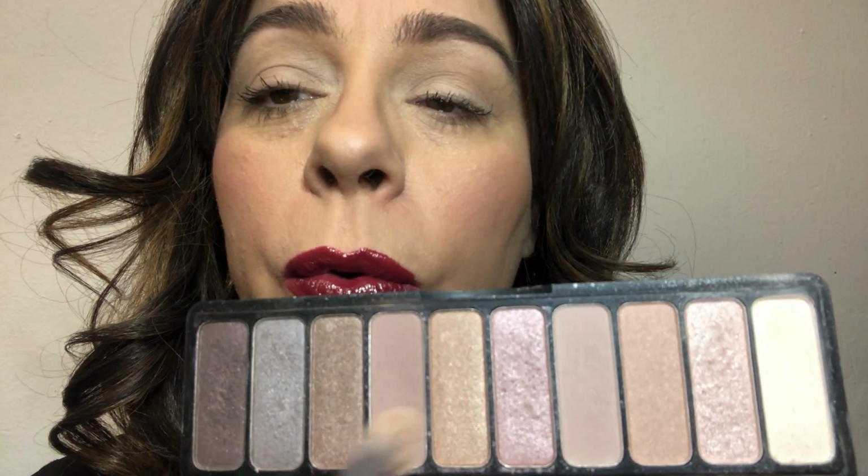That's the same color. Then in the crease, I'm going to take a transition color. I might use the same brush, get some of the powder off of it. Or I could use a different brush. This is just an angled tapered brush. I use this for a lot of things. I think I'm going to use a different brush just because I'll want that for cleaning up later. So this is like a fluffy tapered brush. I'm trying to see where you can see it. So that, I think I'm going to go with